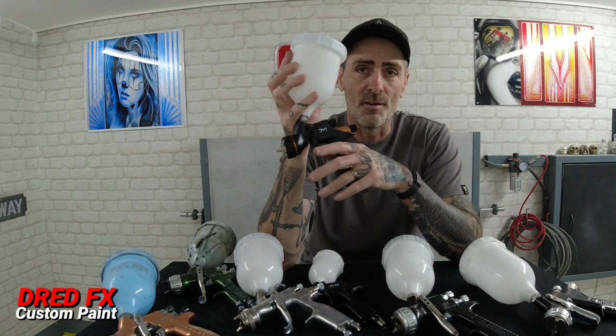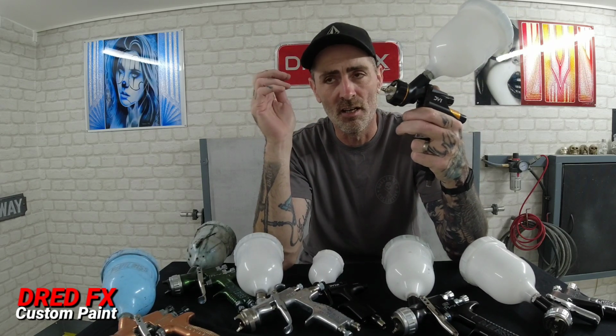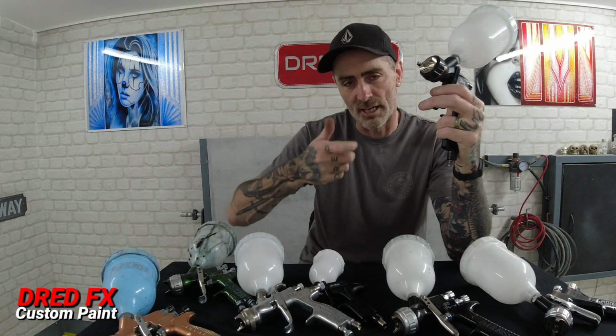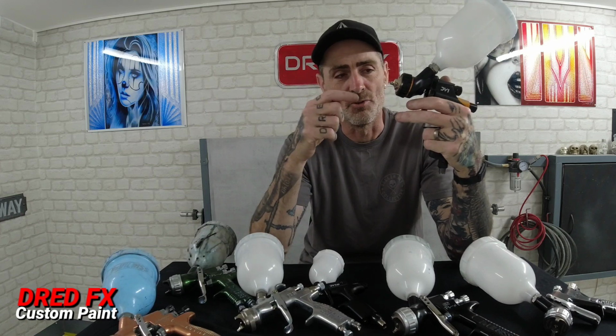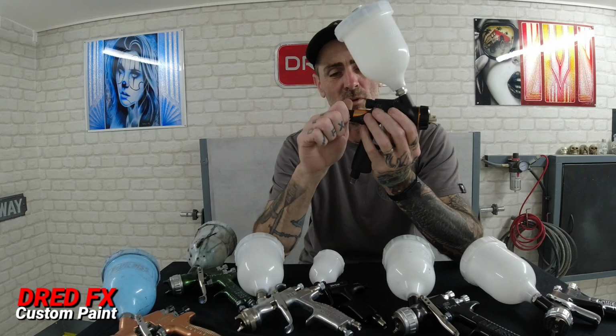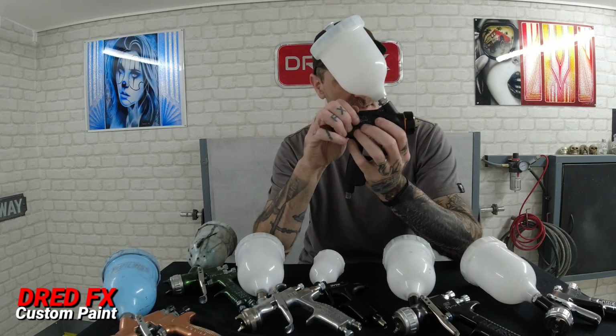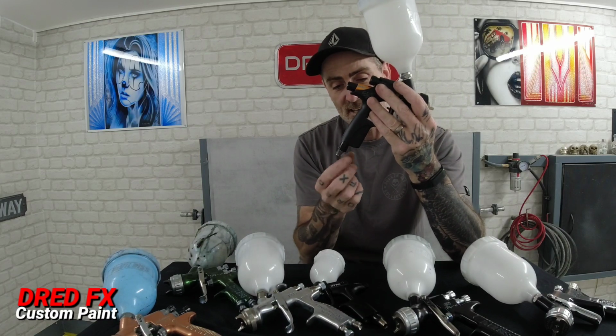I find this gun amazing on the trigger because it is silky smooth. So if you're a painter like me that feathers the trigger and uses mainly the trigger for your clear to build your clear up and feather it out, it's a really nice trigger. Atomizes really well. Fan pattern is huge on this gun. The dials to the back are more silky smooth than the GTR Pro Light,